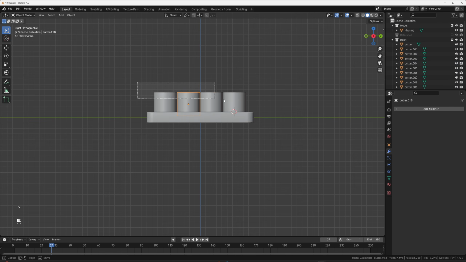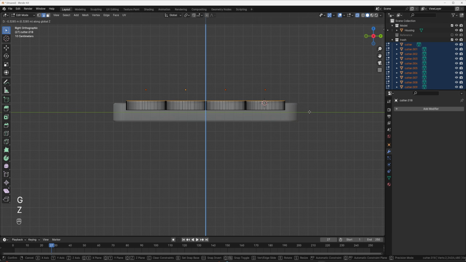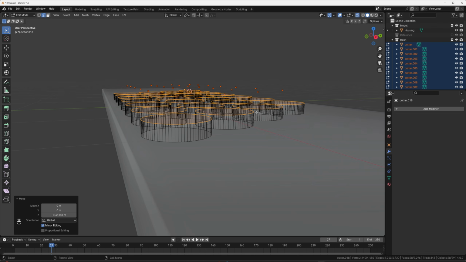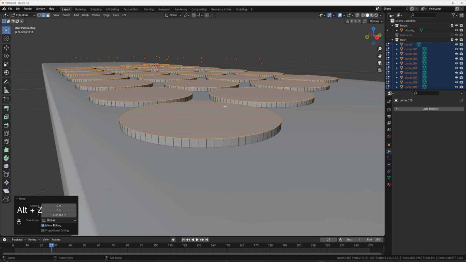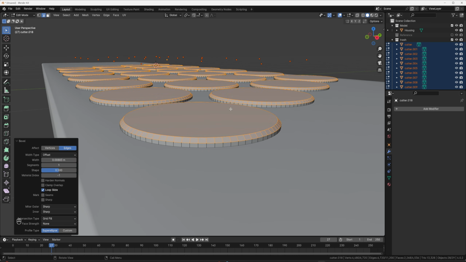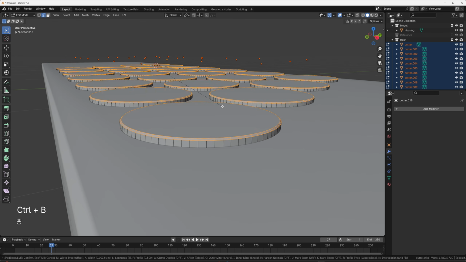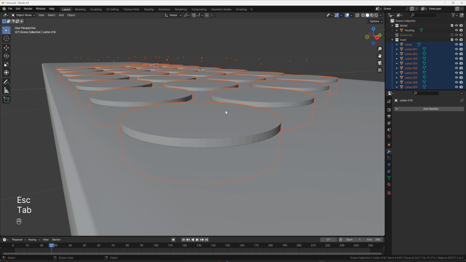And what that lets us do is, first of all, let's go ahead and make these smaller. I'm going to go into X-ray mode and I'm going to grab the top face, just bring it down to something that looks good. And while I've already got it selected, we might as well go ahead and add our bevel for this. I think I'm just going to do another chamfer again. So bring it all the way down. And then, actually no, for these we're just going to do a regular bevel because I don't want to take the time and it probably won't be seen. So I'm going to Control B, bevel them. I'm just going to bring it down to something that looks nice. Something like that. Actually, before we do that, let's go ahead and save this again.